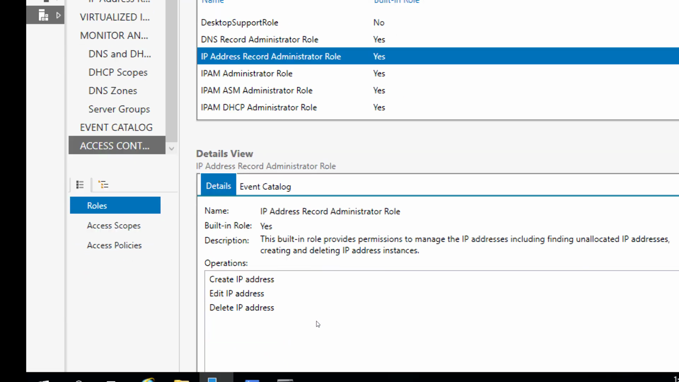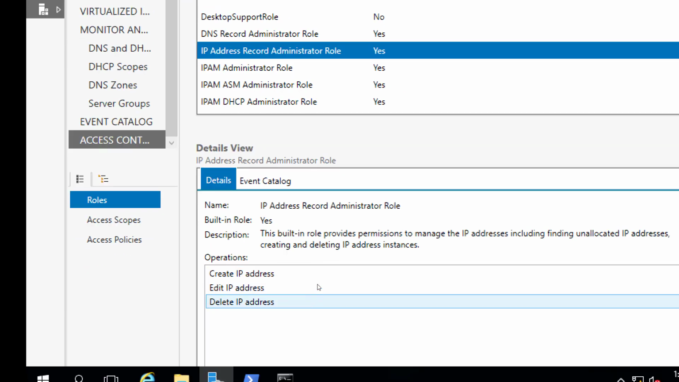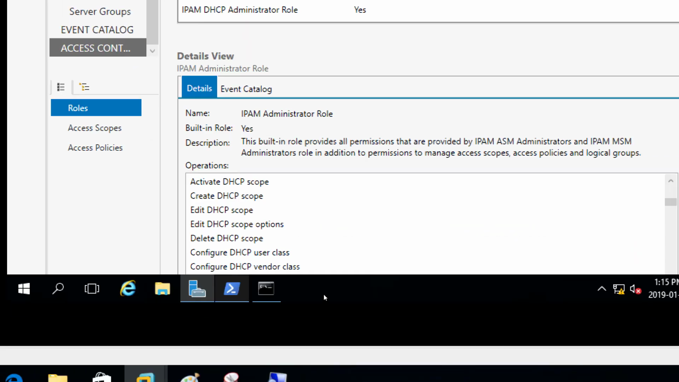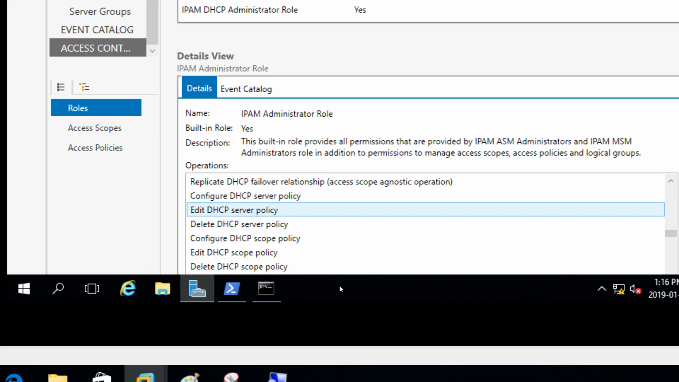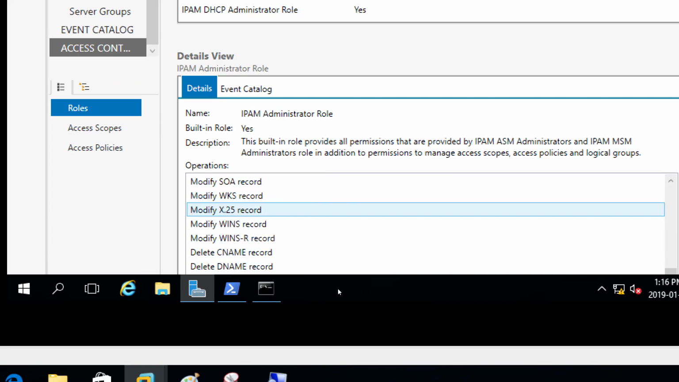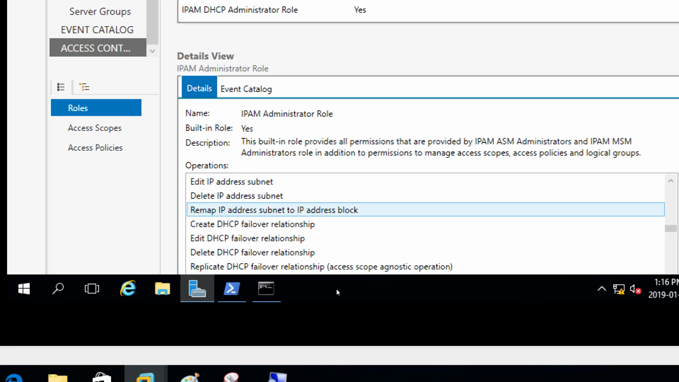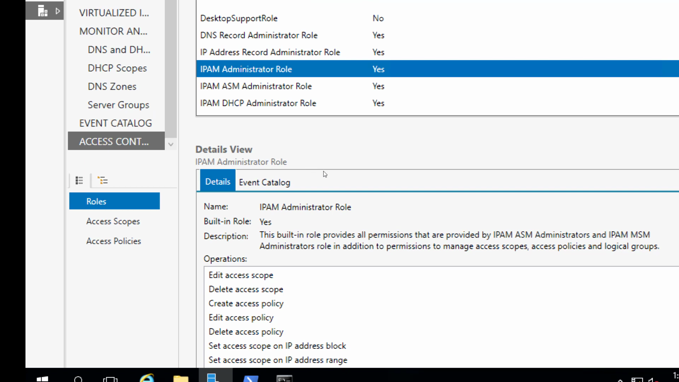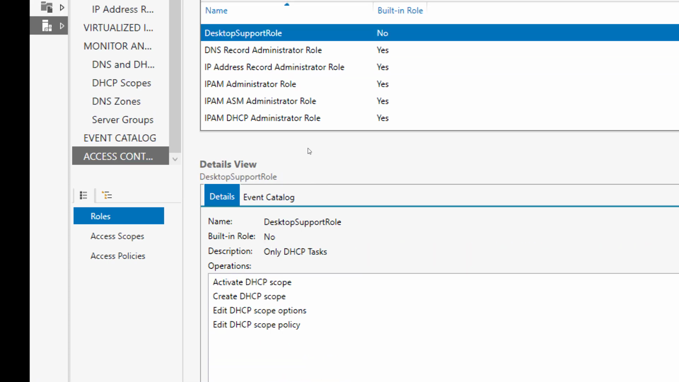So IP address record administrator, that's just create IP, edit IP, delete IP. IPAM administrator role, now that's administrator, so everything related to DHCP and DNS as well. Yeah, everything. That's IPAM administrator. So all the tasks that you can do here. That's pretty extensive, right? But we've just created ourselves desktop support role, and it shows these 4 tasks that